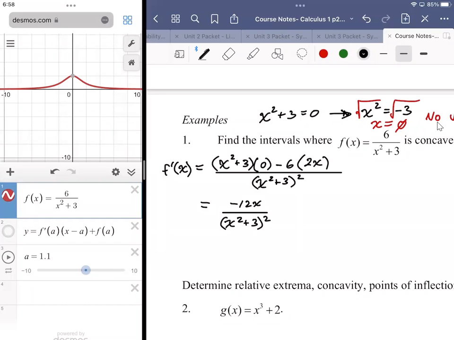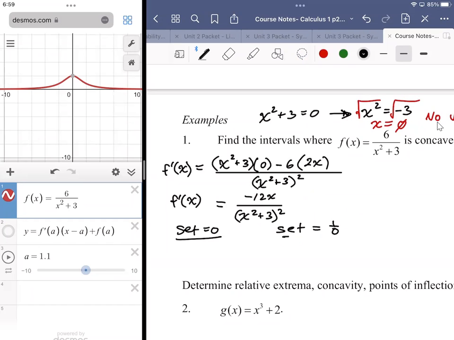All right, we need to find critical values. Those critical values come from setting our derivative equal to 0, and by setting it equal to 1 over 0. So set equal to 0, set equal to 1 over 0. And it's kind of forgiving in the sense that if you forget to set it equal to 1 over 0, in many, many cases, you'll get lucky because it'll be irrelevant anyway. Like in this case,